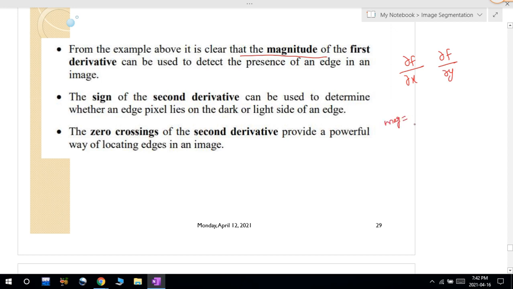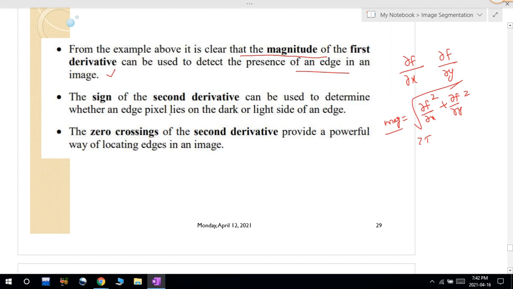How to find out this magnitude? Square root of (∂f/∂x)² plus (∂f/∂y)². After finding out this square root, we will get this magnitude. Based on this magnitude, I will compare with threshold value. If it is greater than that particular threshold value, I can say it is an edge point. So that is one way, based on the first derivative, I can detect the edges.